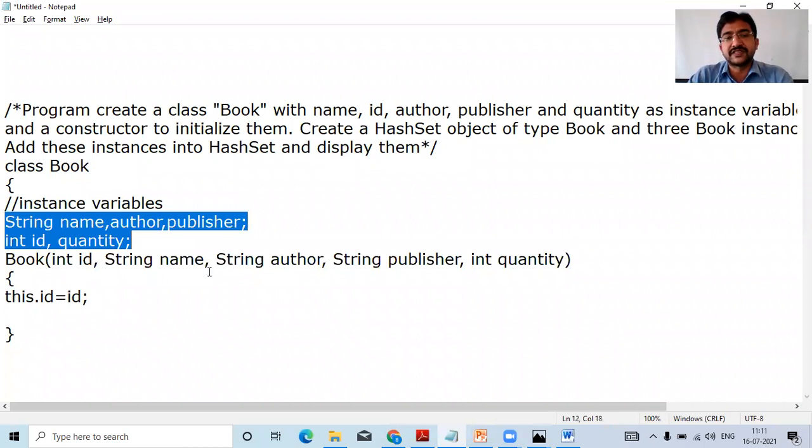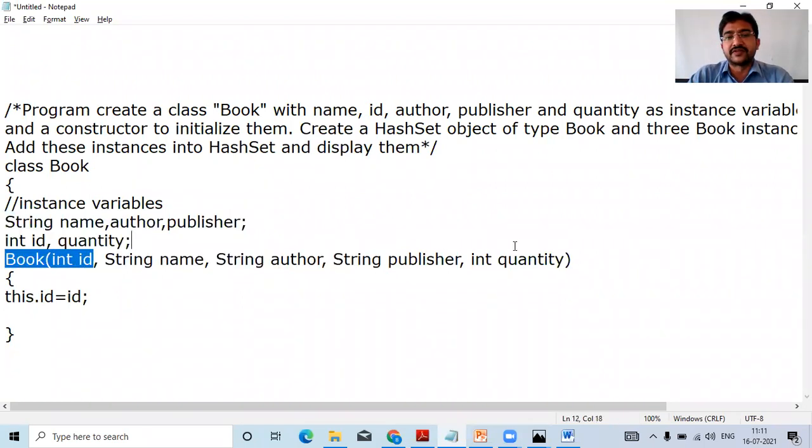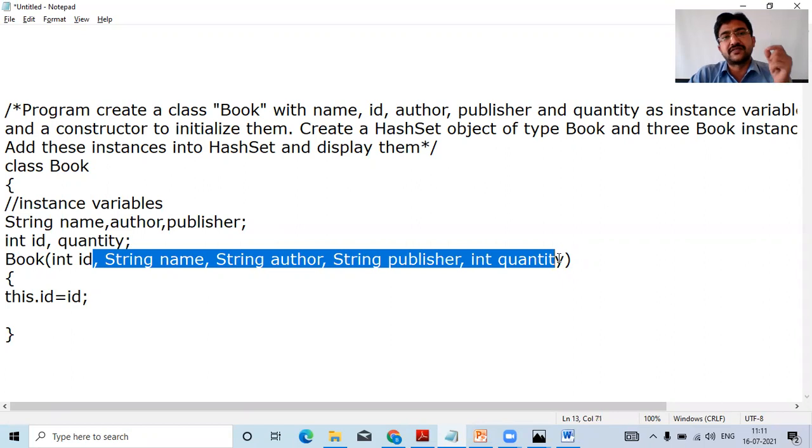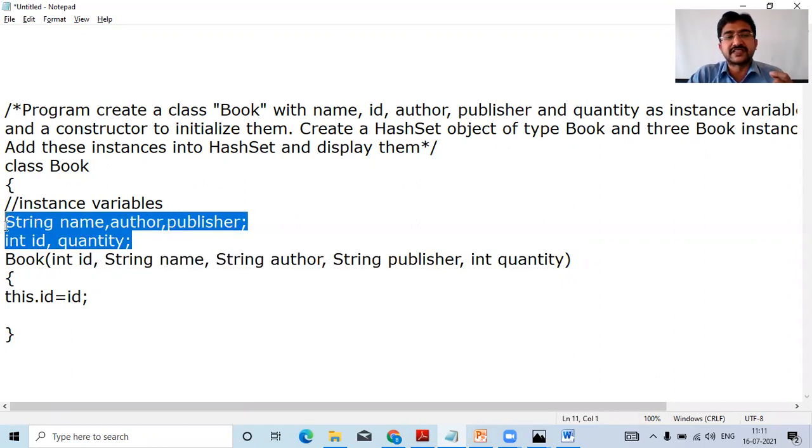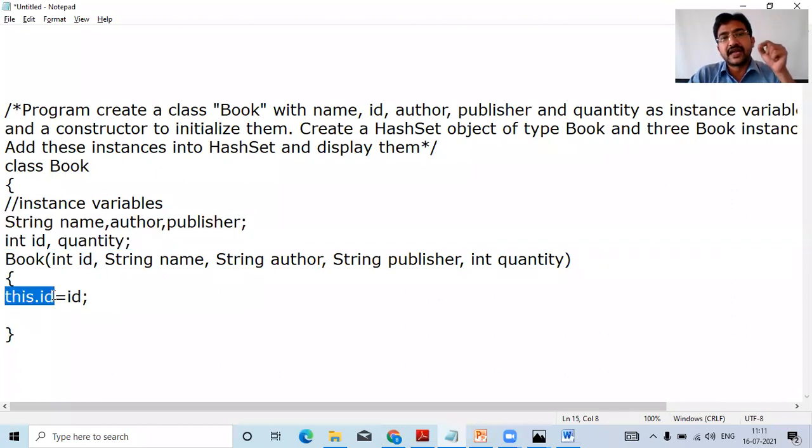What is the purpose of this? These are the local variables, agreed? Local variables coming from the main method. Now these are called instance variables. To connect the local variables and the instance variables, we use the this operator. So this dot ID means the instance variable ID, and ID means the local one, which is coming in as a parameter.